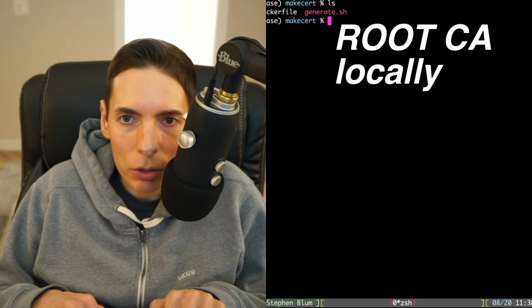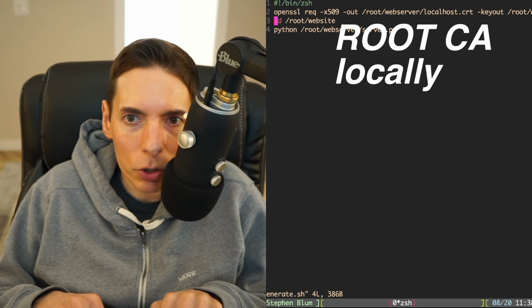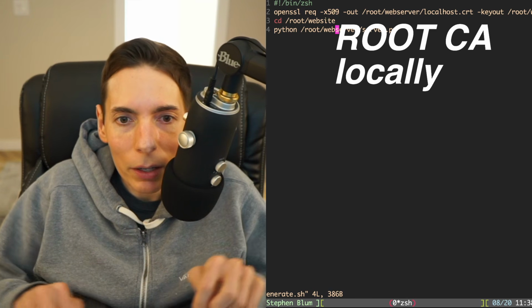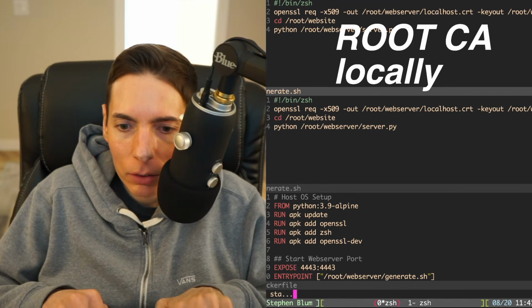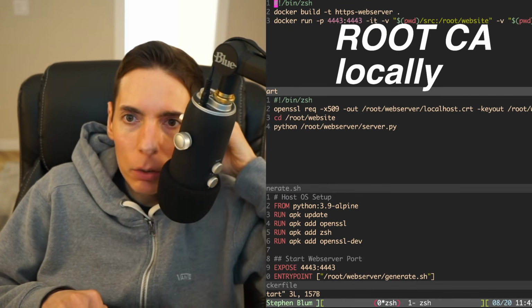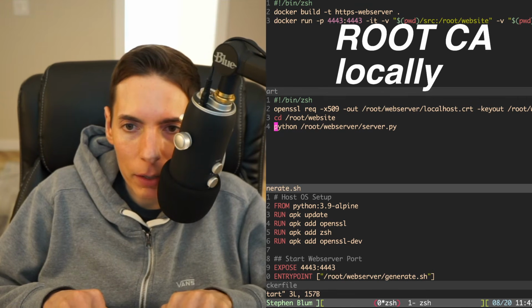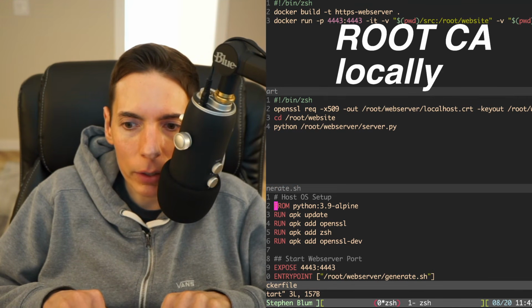Okay, so we got our generate file, which is what we used before: we use OpenSSL to generate an X.509 cert using Python. Oh, so we've got three files. We've got our Docker build and run command. We've got our cert generation command. And then we've got basically a Dockerfile that's going to